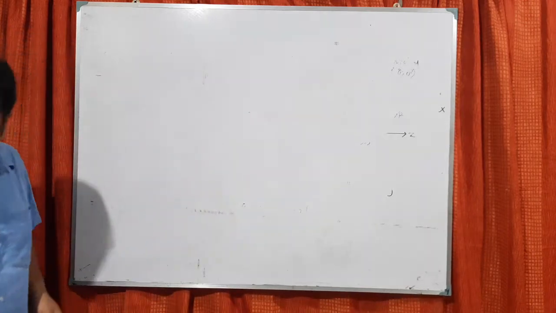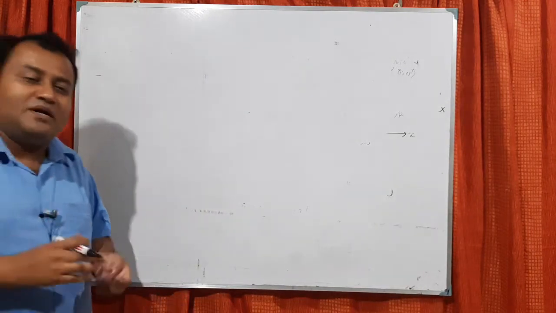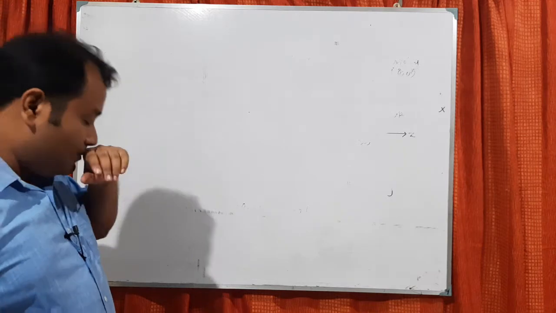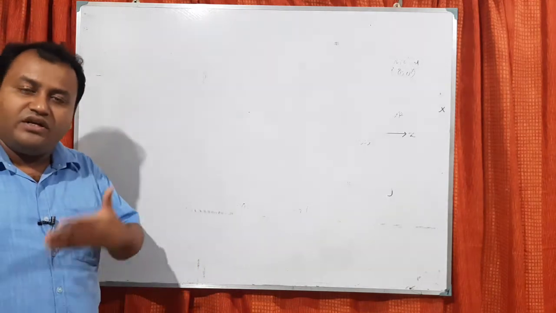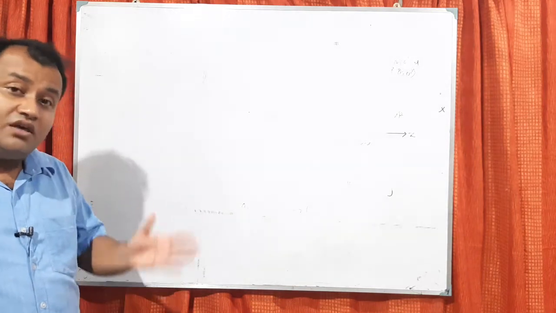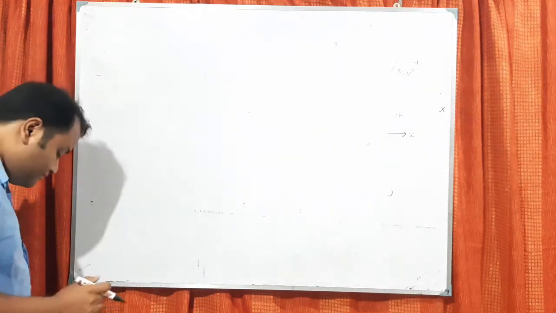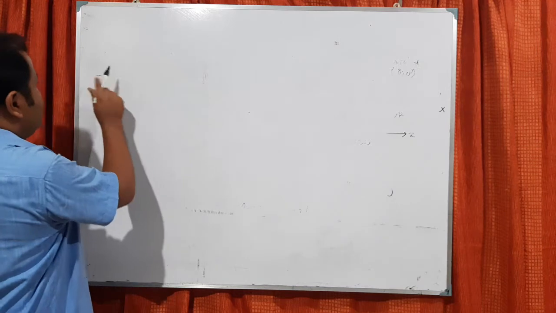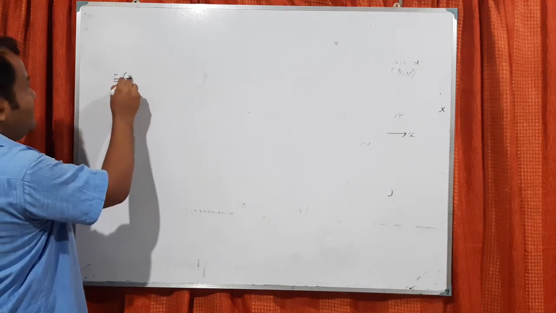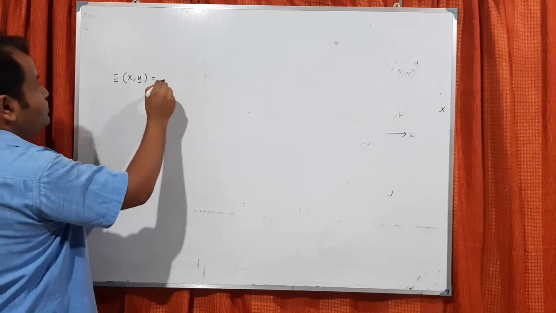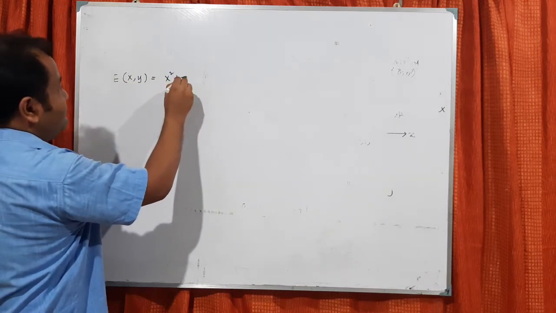Now here also I won't resist myself to say something about this positive definiteness. In matrix algebra, in linear operators, or even in vector spaces, in quadratic forms, you have this kind of thing. What is the idea? Say E(x,y) equals x square plus y square. Let me take the first example.